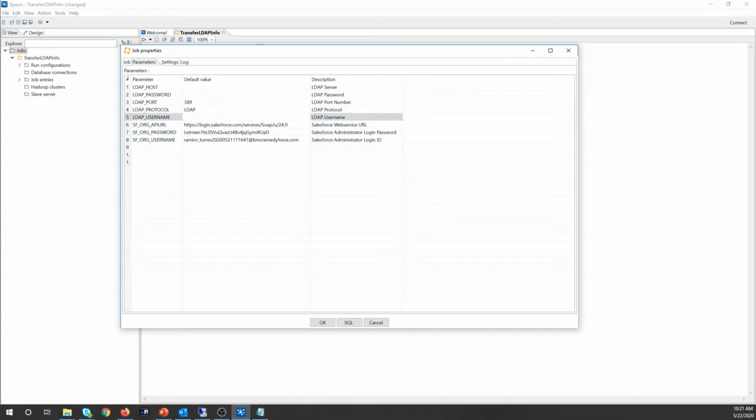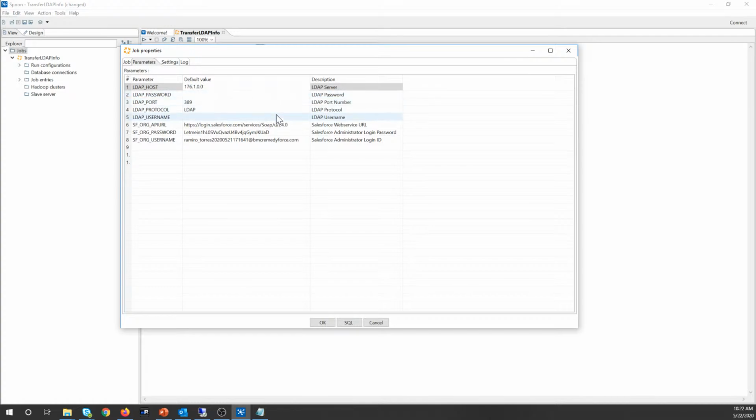Now, something that I cannot show you is the server details like the username and password, for obvious reasons. That's a server that BMC has bothered us for a couple of days to do this testing. So I'm going to skip that part, but you must put here your LDAP host. That should be something like myserver.mydomain.com. It will depend on your Active Directory. It can be an IP address as well,